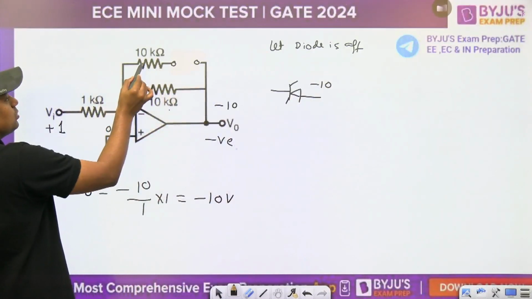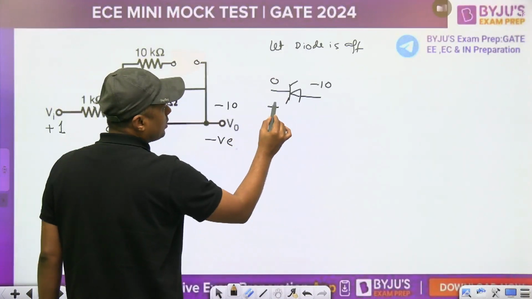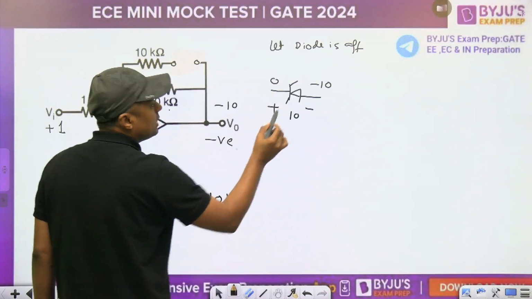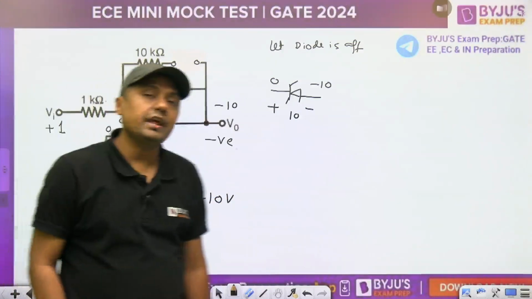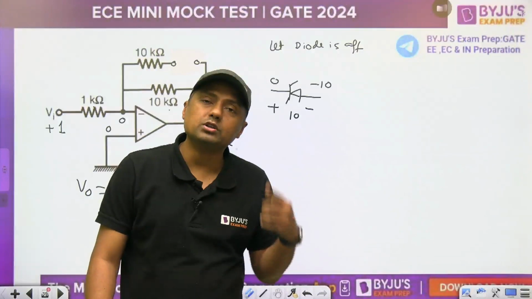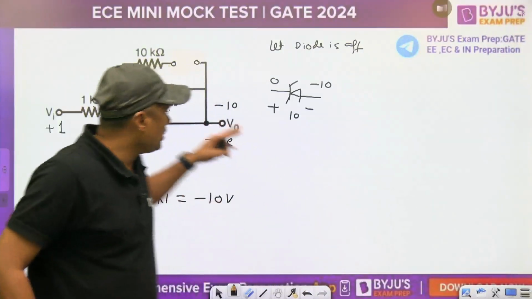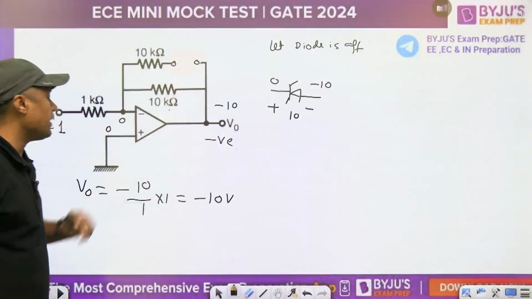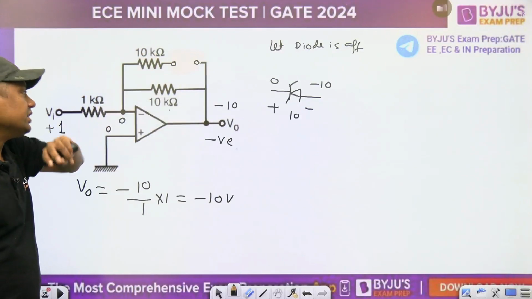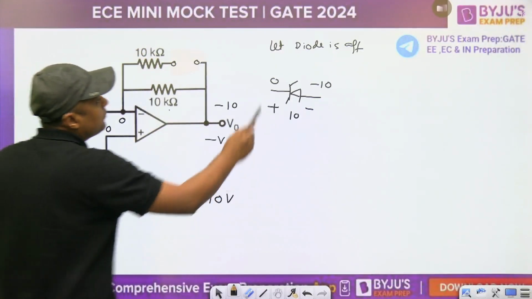And what is the current through the 10 kilo ohm? 0. This is 0 volt. So actually the drop across the diode in reverse direction will become 10 volt. It is reverse biased by 10 volt, and that is more than its breakdown voltage of 3.2 volt. Means the diode is not simply reverse biased, and that's why the output is not minus 10 volt. It is in breakdown and it will allow the current. It is on. So our assumption is wrong. This assumption is wrong, first one.